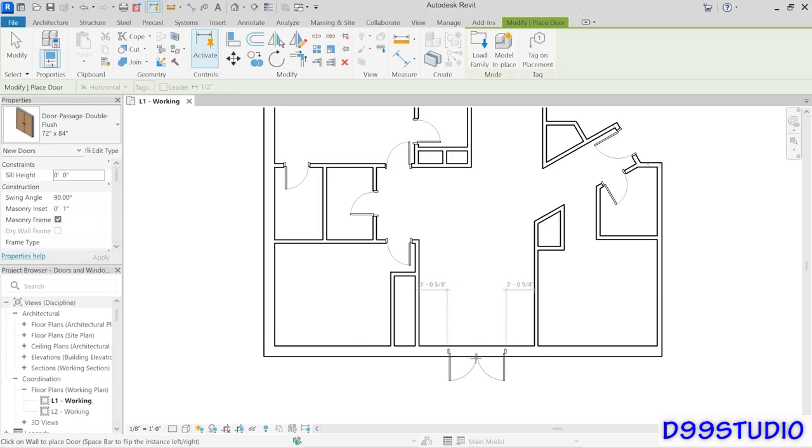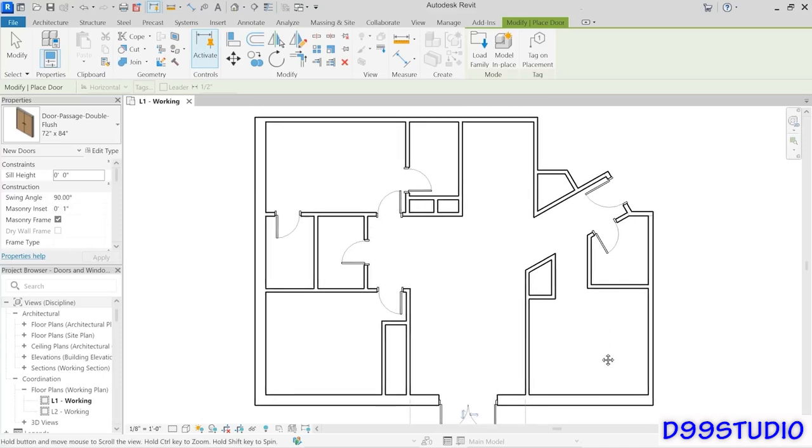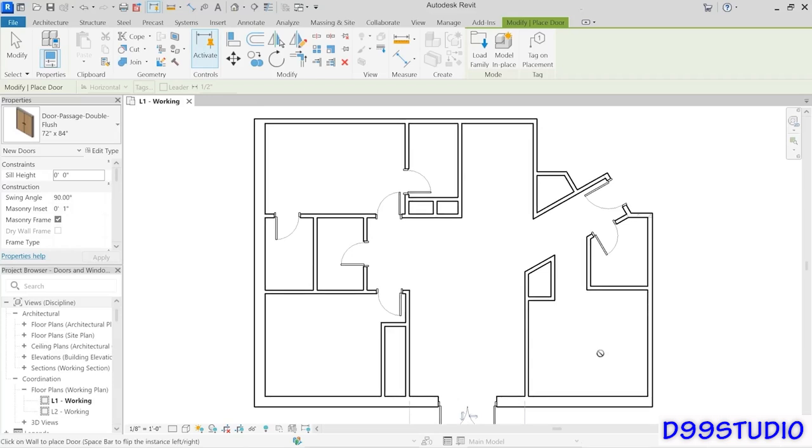and pointing out. We'll think of that as a placeholder door, and we'll come back and swap that out with a more appropriate glass door later. But for now, that at least gets the plan correct. So we've got something there representing our intent. That is all the doors that we can place currently, based on what is loaded in this file